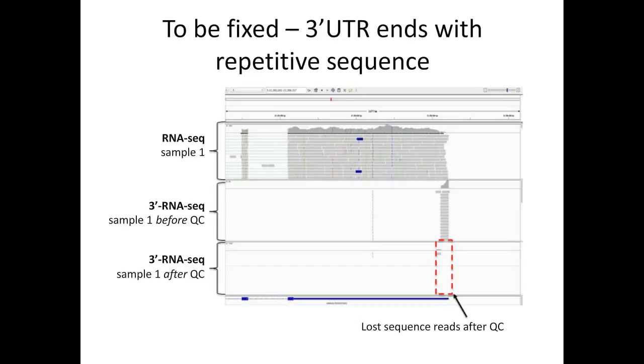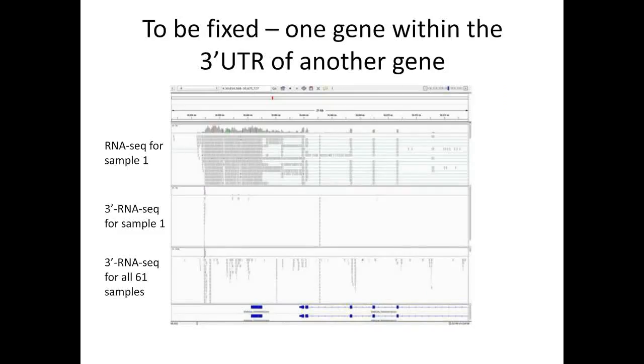So once we did QC, all the reads that were mapped before to this location, this is 3' RNA-seq read, are eliminated. So this is one of the problems that we are trying to fix when we have repetitive sequence at the end of the transcript. Another example, there is also quite